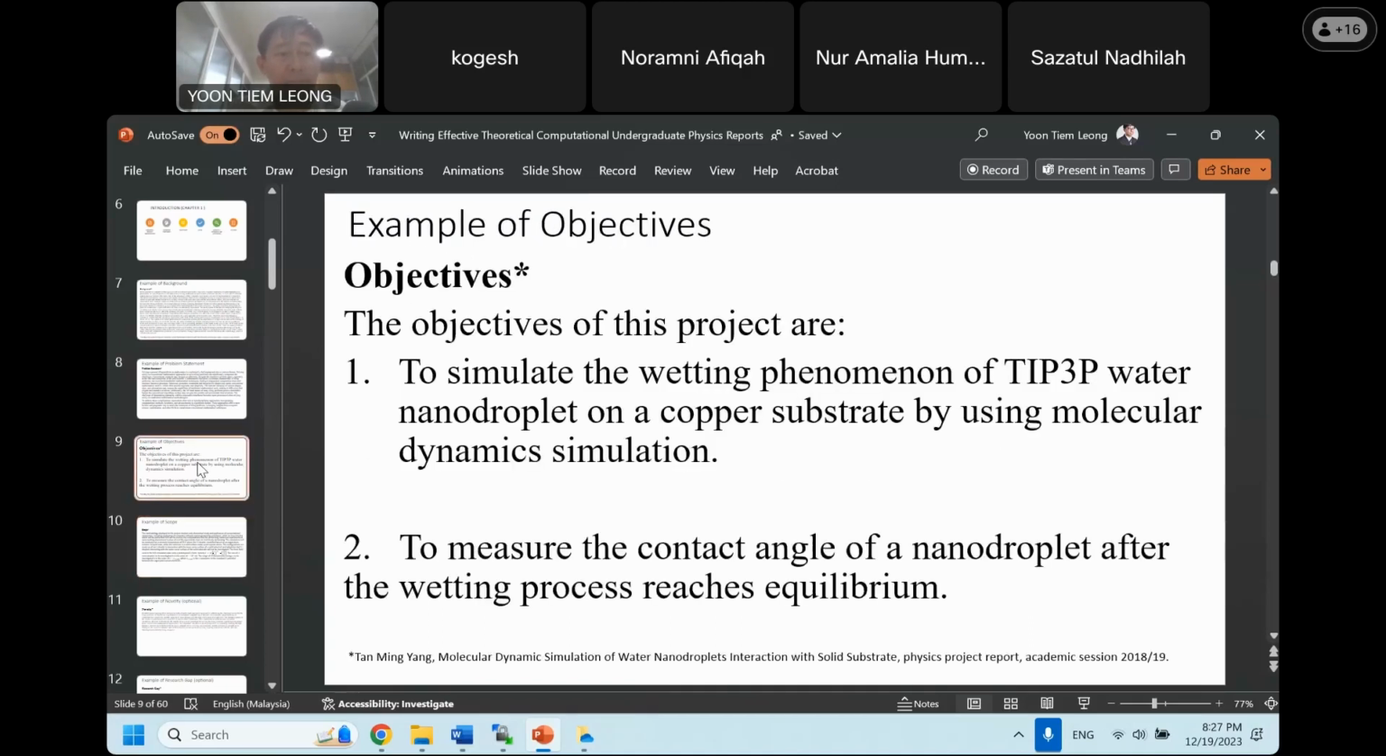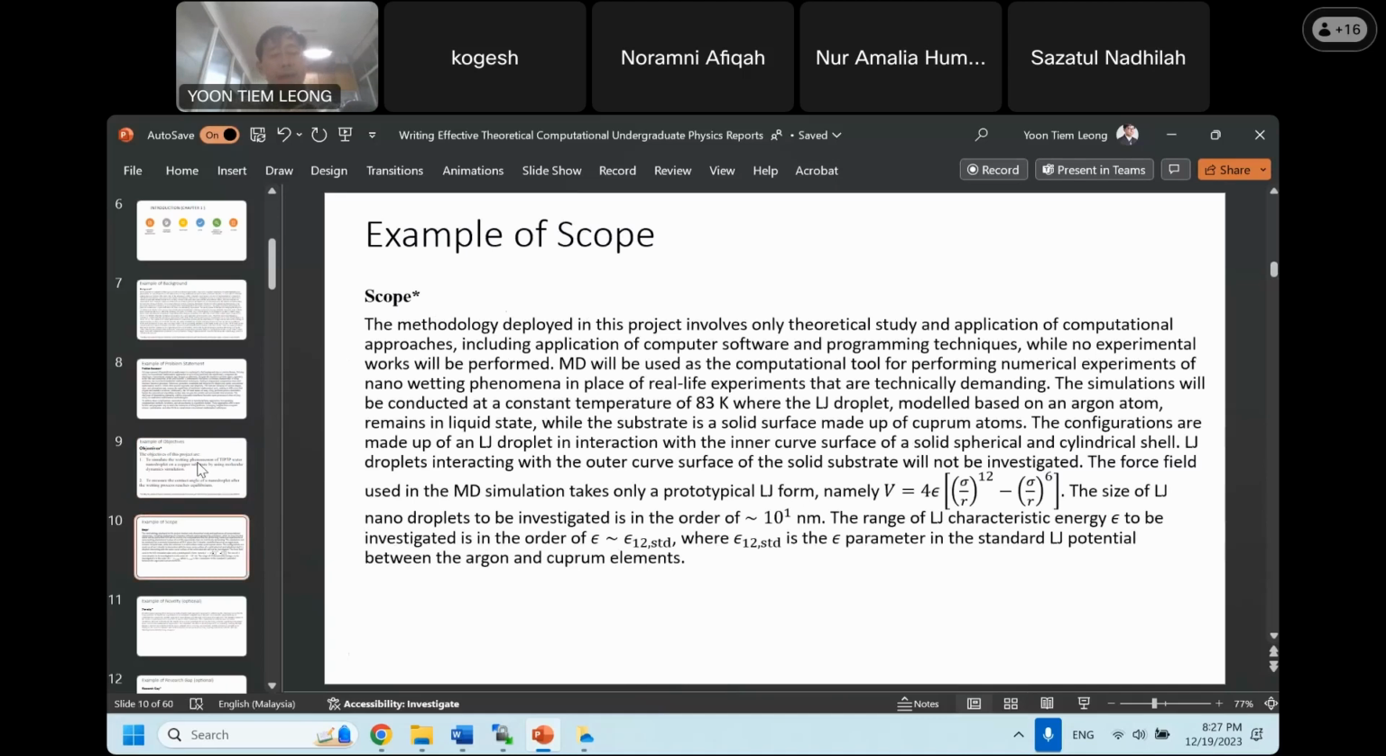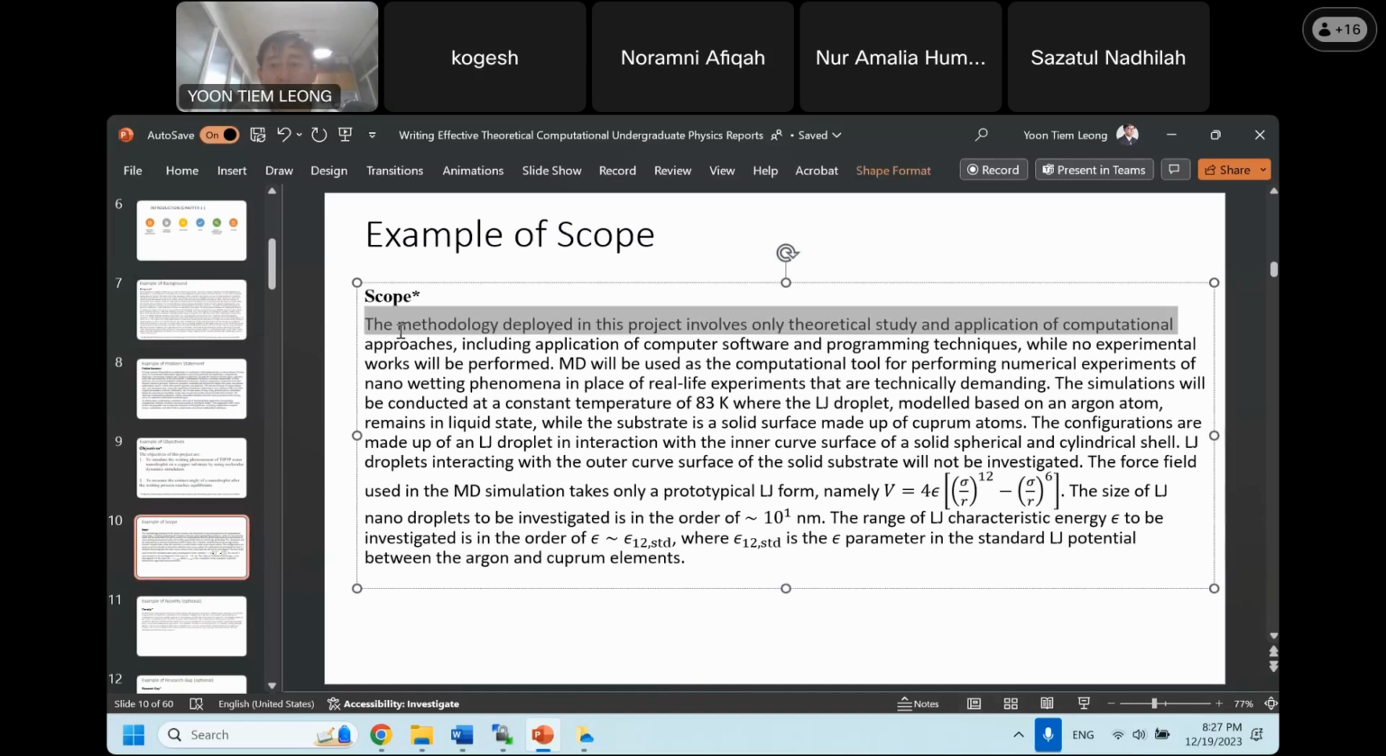Then also you have to mention the scope. The scope is the limit of your project. Like you do not want to calculate all those stuff that is very general. For example, if you are calculating some problem in 2 dimensions and you're not calculating the problem in 3 dimensions, then you have to specify that your scope is to calculate this problem in 2D and you're not going to touch anything on 3D. Say, for example, here, this is a scope that mentions that they are going to use a software approach to perform molecular dynamics simulations at 83 degrees K for Lennard-Jones droplets that remain in the liquid state,